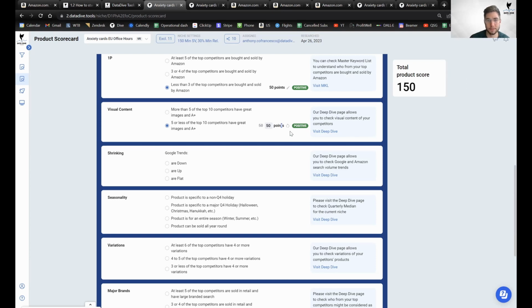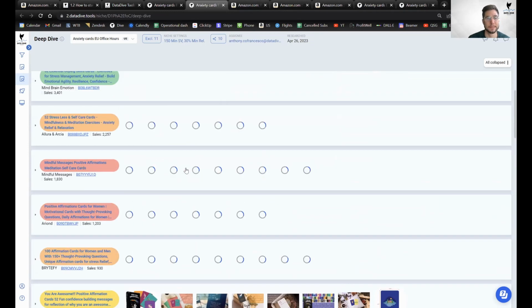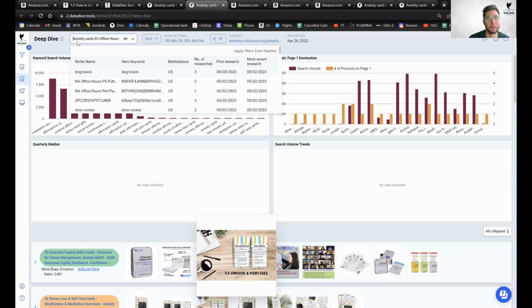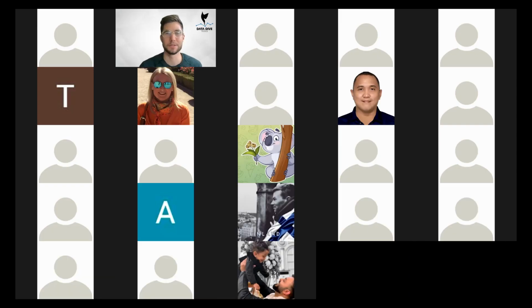You got to click enter. Okay. So Google Trends for this product are up and down. This also should show up in Data Dive. I don't know why it's not bringing it in. Normally, if you put the hero keyword that says anxiety cards, it should pull this in. So I'm just going to go really quick and let me see if I can just find